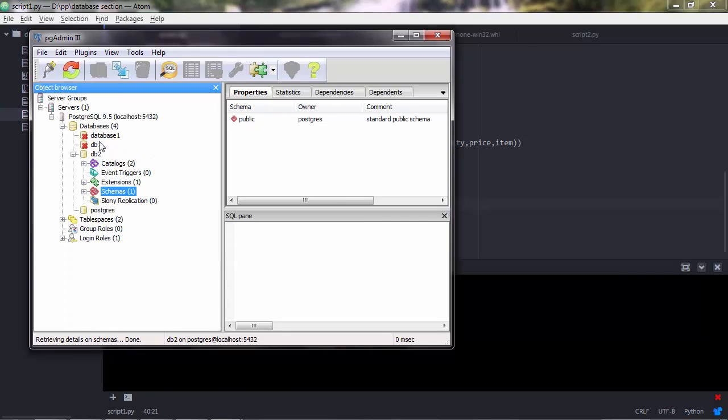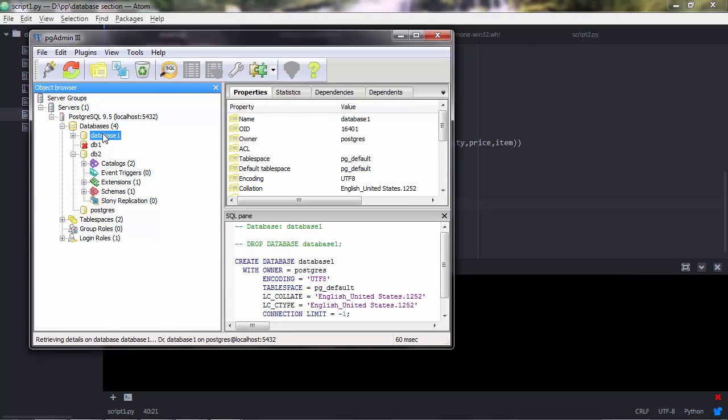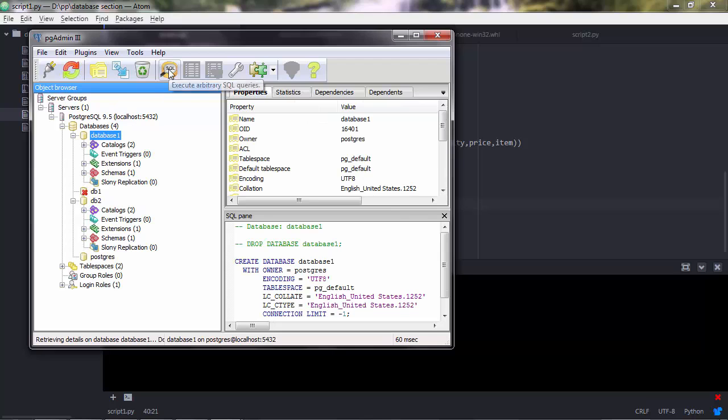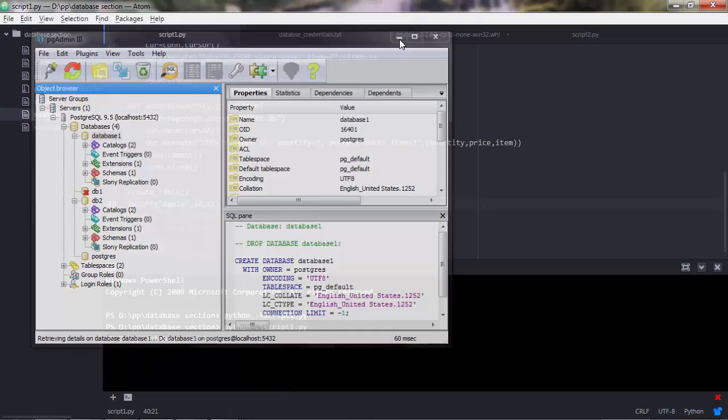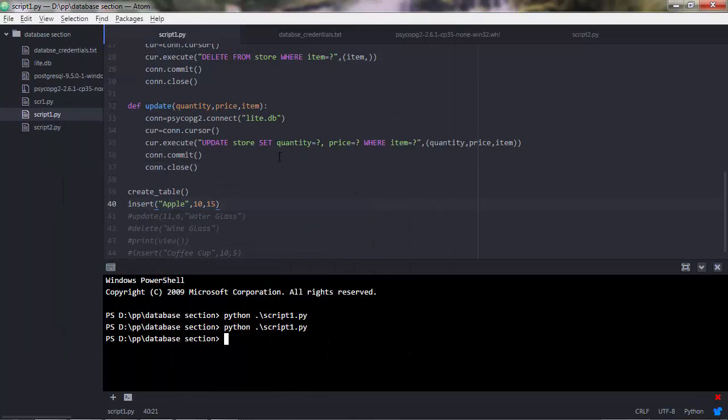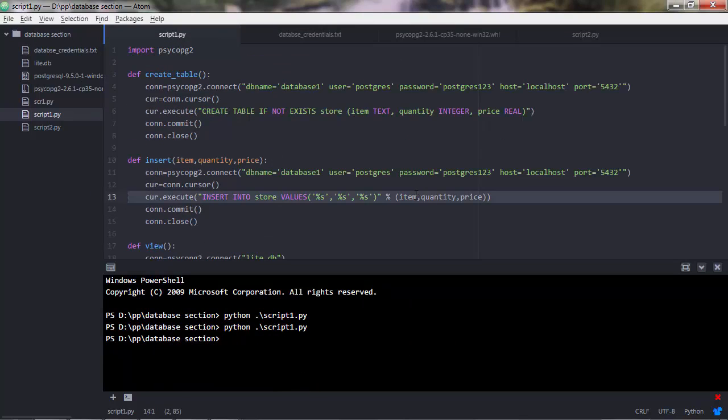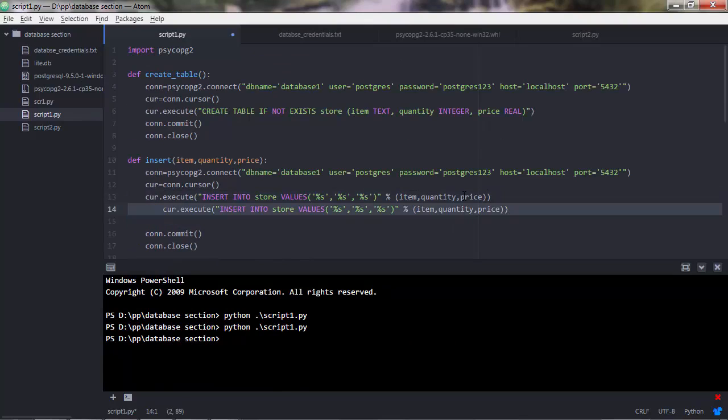So you can just go to your database, which is database 1, and here you can execute a simple SQL query. Select all from store, and go to run, and you see that Apple was added to the table. So it works, but it's risky to use Python string formatting. So what you want to do is, I'll just leave it for a while there so that you compare things out, and